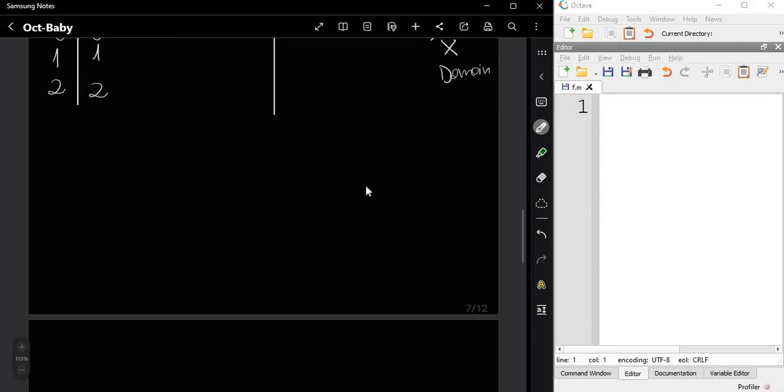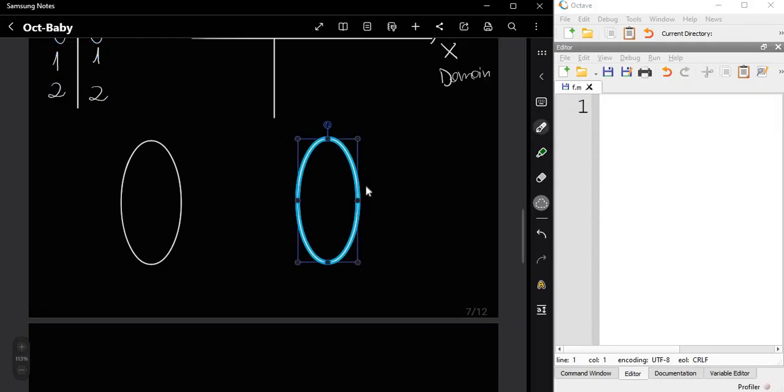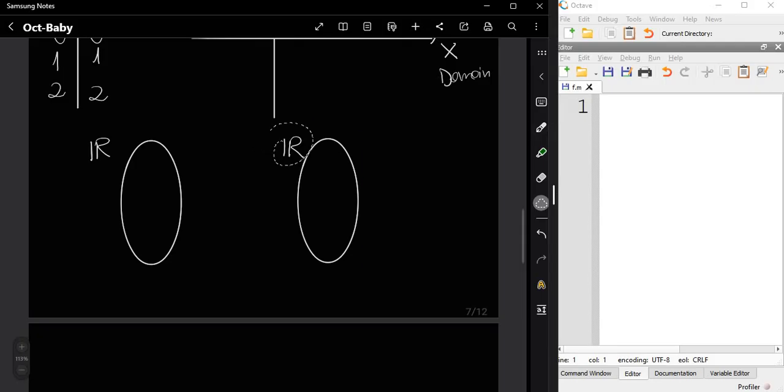So now we are getting an injective function. So it is a set of the reals, which is injective, into another set of the reals.